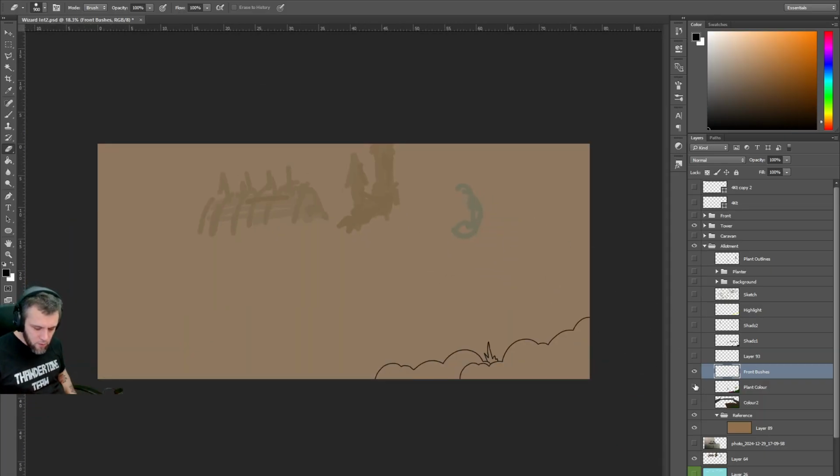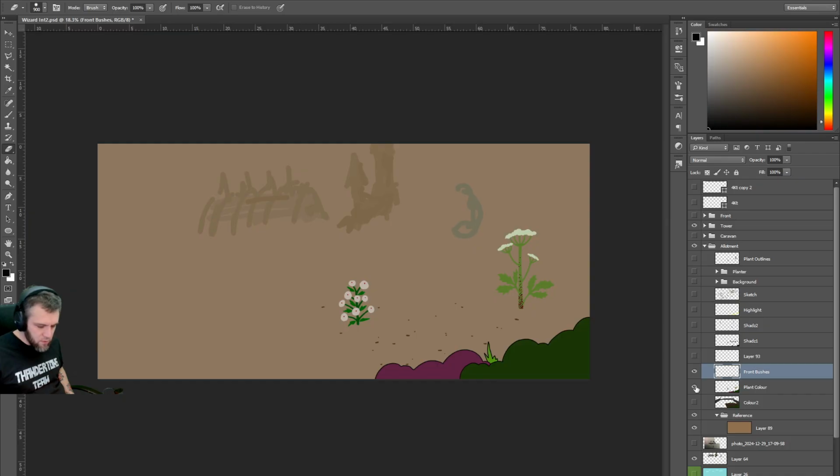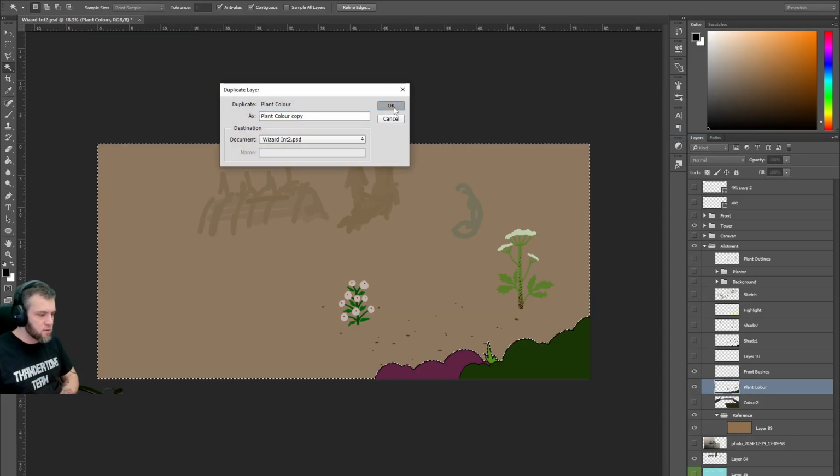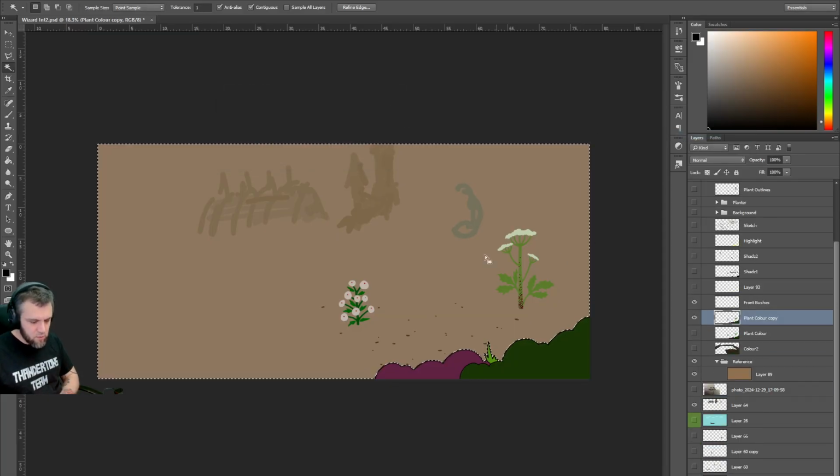And it's that I want in them. Oh. Plant colour. I'm going to duplicate that. I'm going to hide that one and I'm going to delete that. Okay, so we've got front bushes. I need